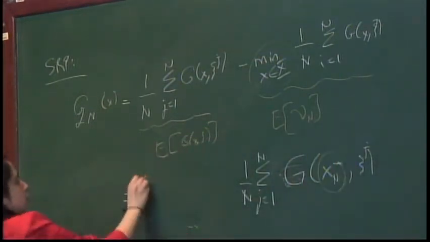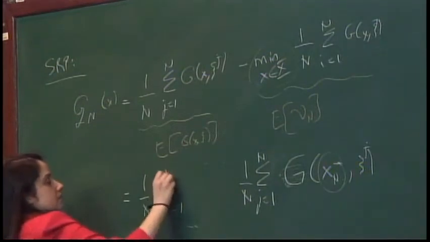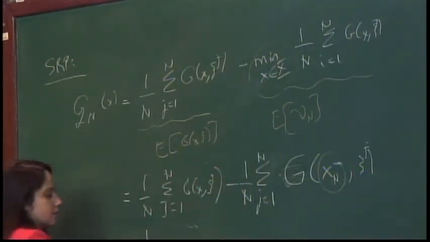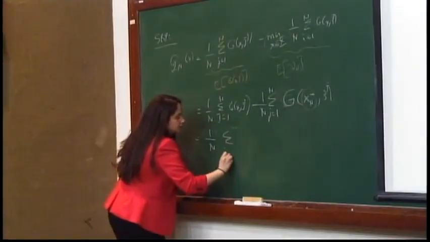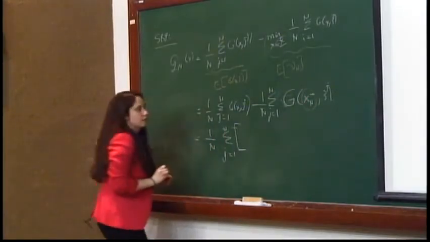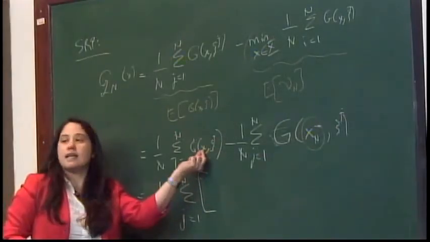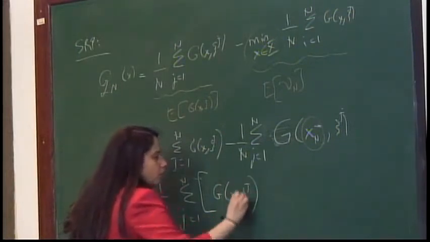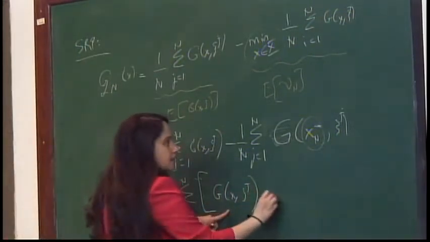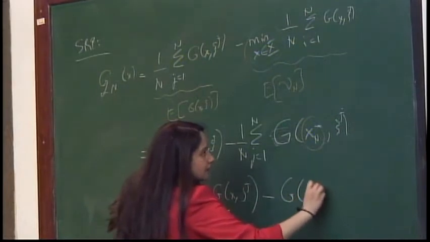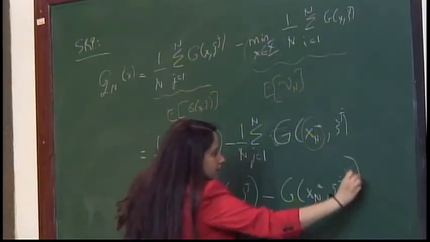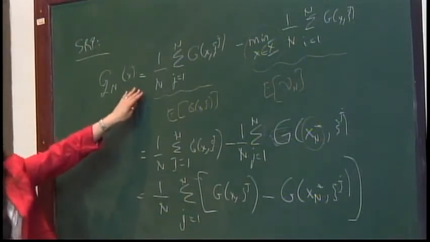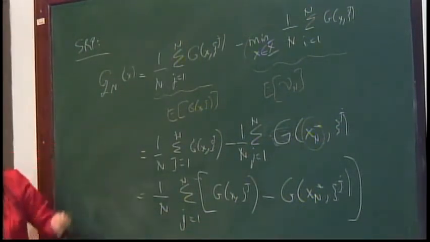And the first term is exactly the same. Again, I can rewrite this like this. So I take my candidate solution x, I look at it across all samples j, and I subtract g of xn star cj. This is exactly the same thing, which is exactly this. I'm rewriting the same thing. Now,